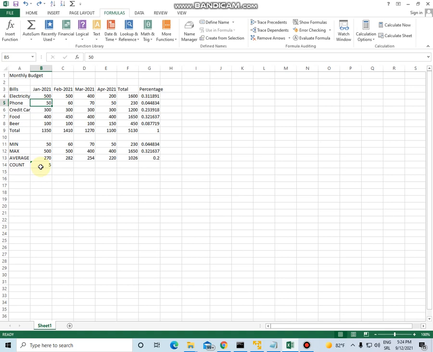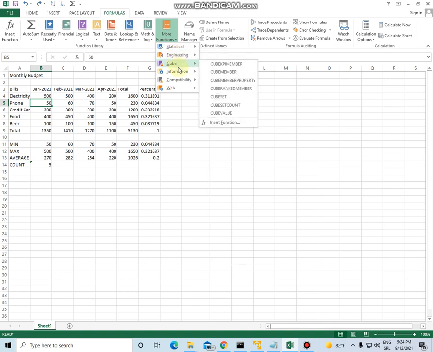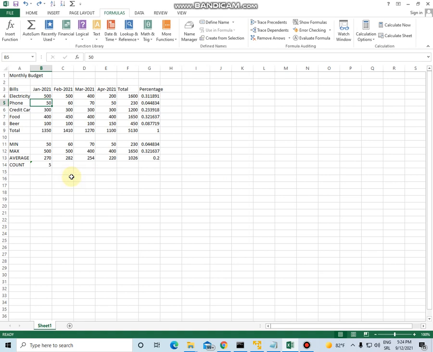In Excel there are so many functions, but we have used some of the most common. In further lessons we'll talk about more new functions, but also you can check what functions we have, because you see we have some groups like statistical, engineering, cube, information, and so on. So my advice to you is to check some of those functions.